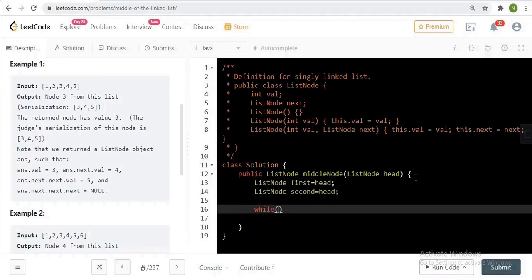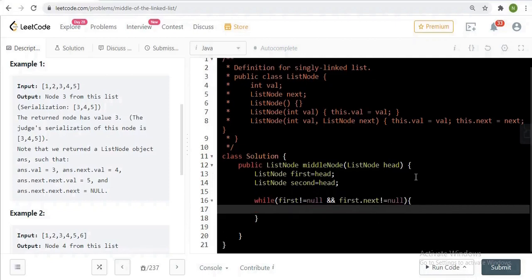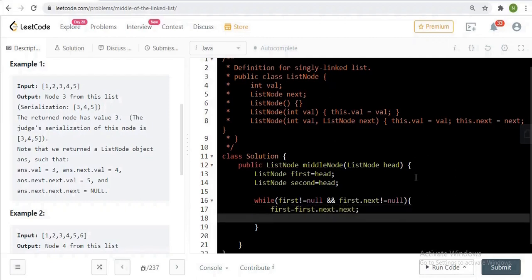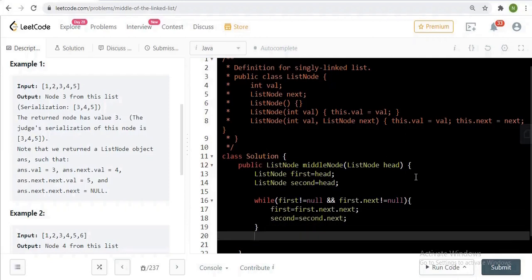While first is not equal to null and first.next is not equal to null, then we can simply do first = first.next.next, and second = second.next. Then return second.